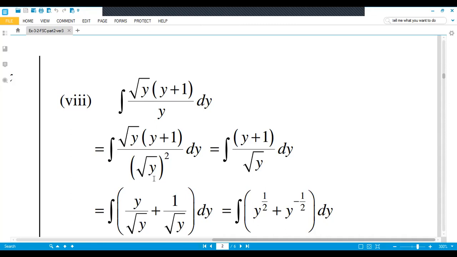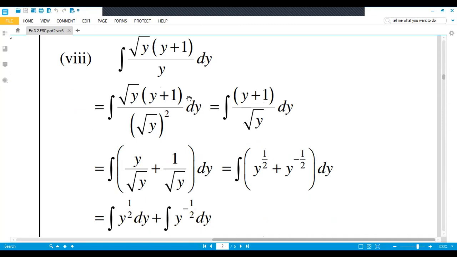Here they multiply with under root y, but this under root y, when we shift it into the denominator, it is y power 1 minus 1 over 2, so 1 minus 1 over 2 is 1 over 2. This we will get directly, no need to do this step. Just this under root y shifted into the denominator will be y power minus 1 over 2. When the base is the same, 1 minus 1 over 2, so you get this under root y.